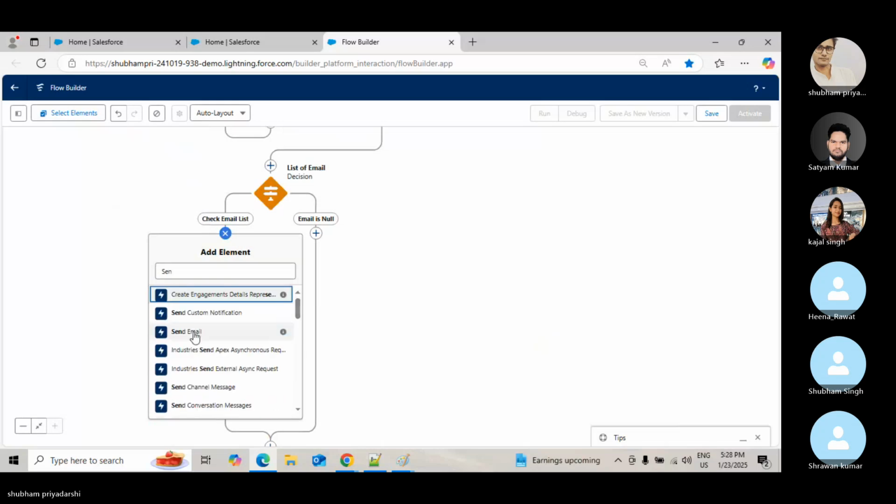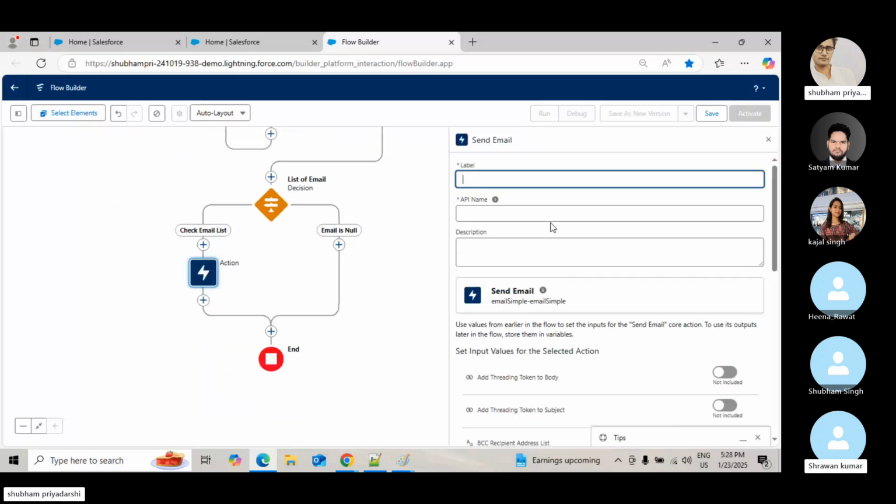Whenever you use email alert, you have to first of all create the email alert, then only you can use the email alert action over there. But I'm directly using send email. From here also you can send the email. If a customer comes or if you get any requirement in the future on how you can send the email from the flow, there are two ways: one is send email, another one is email alert. Got it,